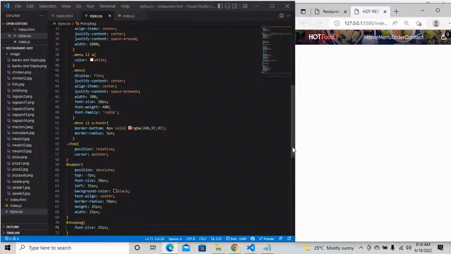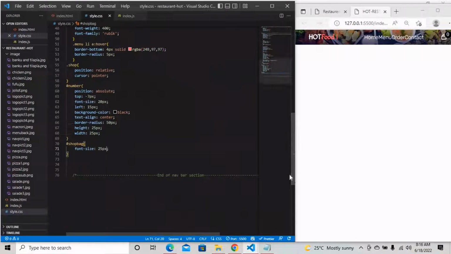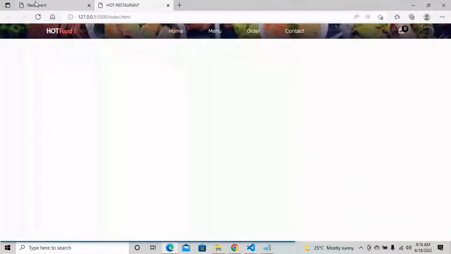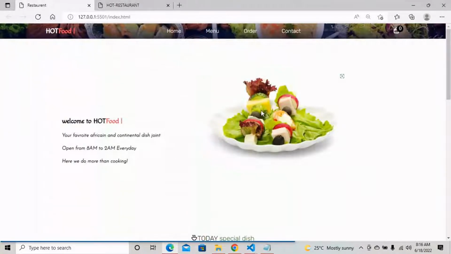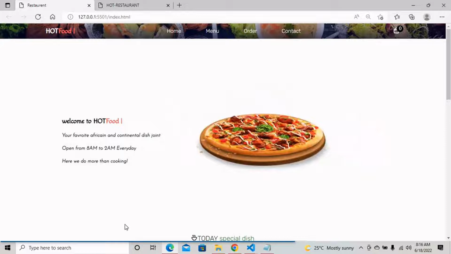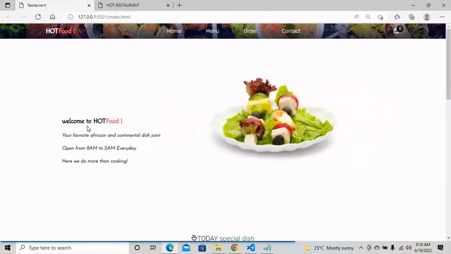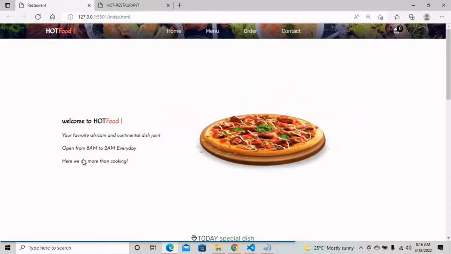The next thing we are going to do, we are going to move to our home screen. This is our home screen here. You can see that in our home screen we have two main elements. We have the slider here, and we have our welcome text here. The slider element is here. So we have two main elements, and inside the first main element you have three elements too: 1, 2, 3. We have four elements inside. So that is what we are going to work on now. So let's go back,